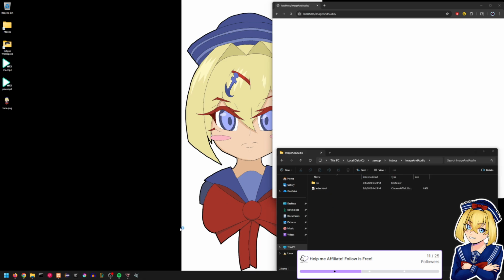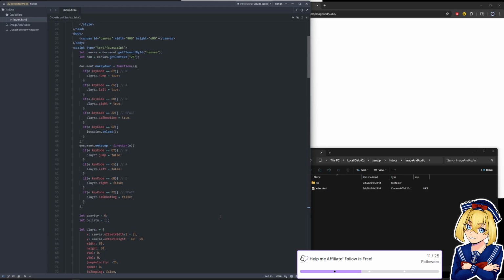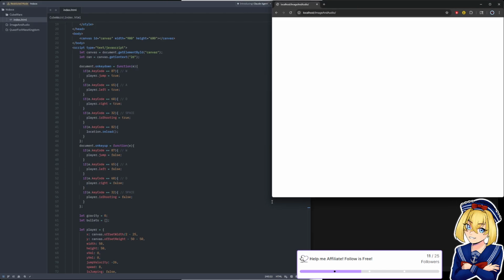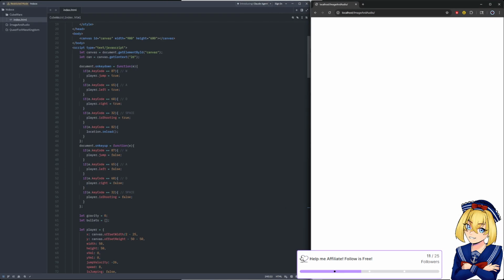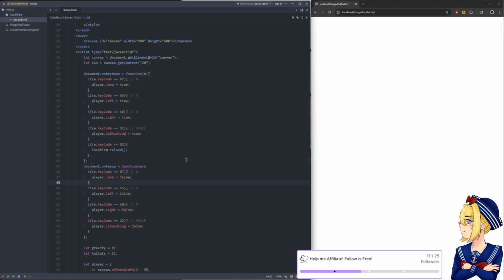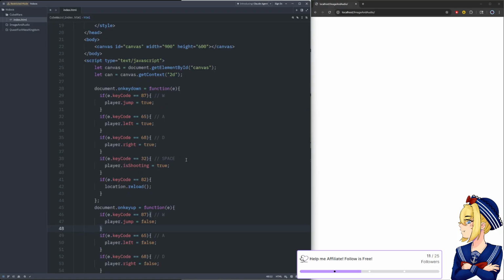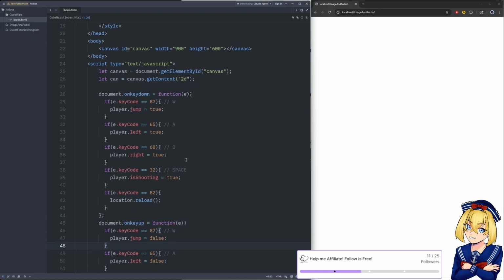Now I want to open Zed, which is my preferred text editor. You don't need anything special to make HTML and stuff if this is your first stream. You just need a quick text editor like Notepad or something. We're gonna increase the size of this text here.